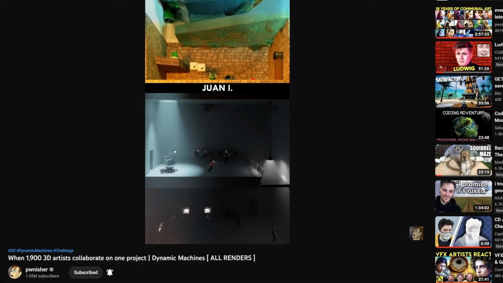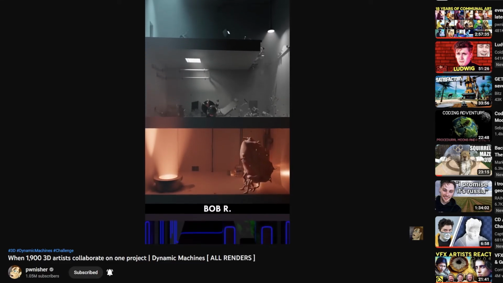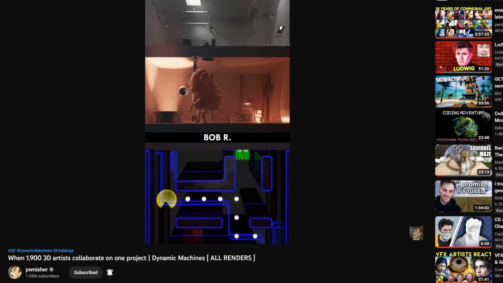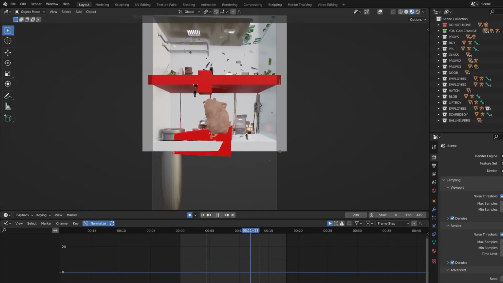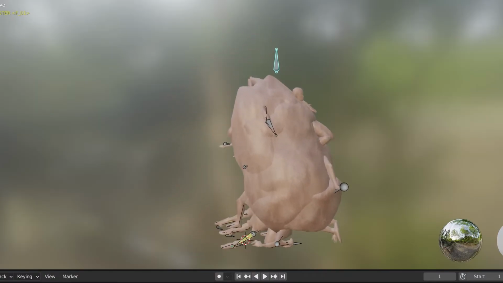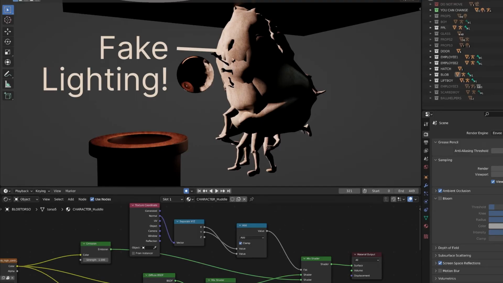Starting with this animation, I made it for Clint and Jones' Dynamic Machines Challenge. I chose to theme it around the game Inside, so most assets are ripped from that game. I had to assist the physics by pushing the ball around using invisible red blocks. I also rigged and animated the feet of the blob character, and used a lighting trick to fake an edge